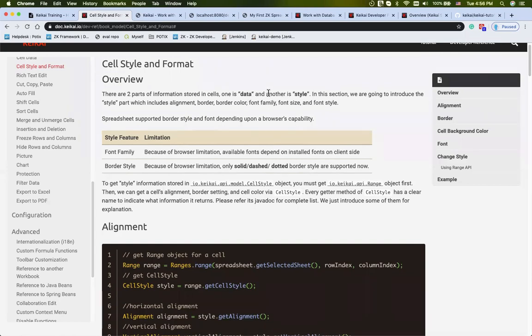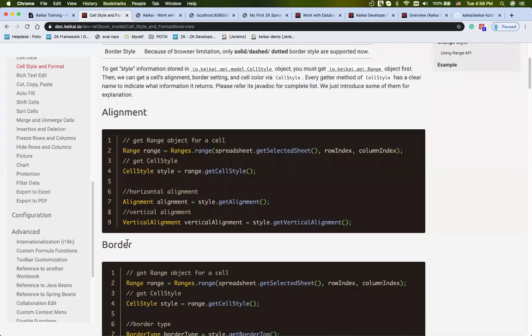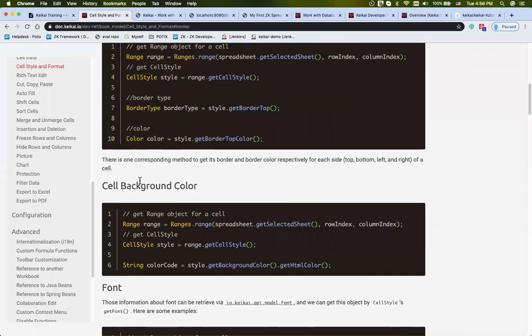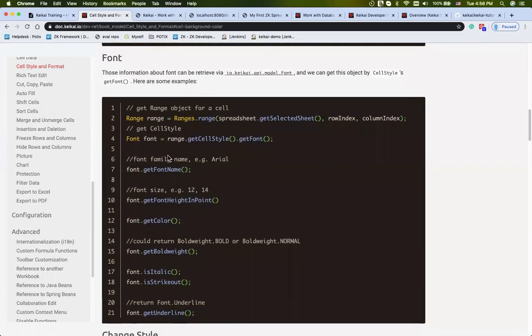You can get cell data to get the data, like this text, is value, is number. But if you want to know what the style is, you need to get another object that we call get cell style. Then you will get a cell style. From the cell style you can get its alignment, get its border, get the background color, or get the font. So there are various